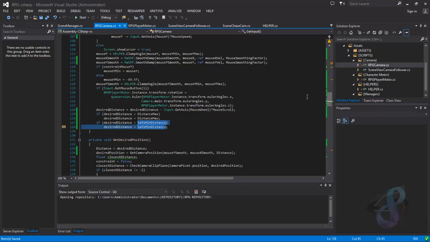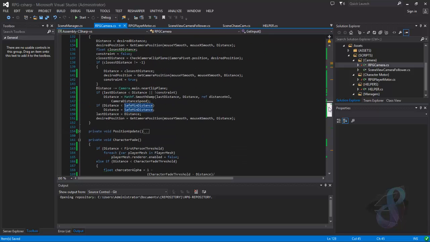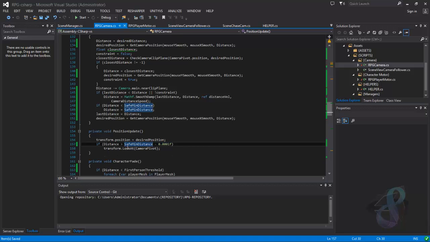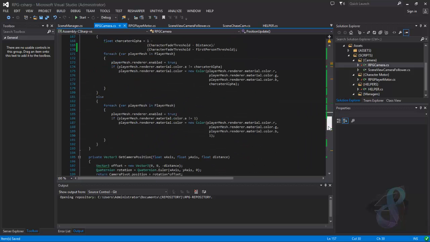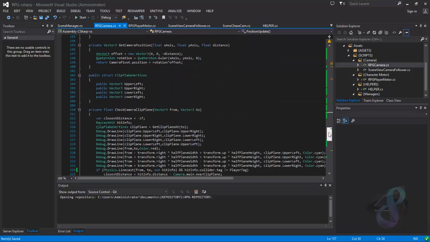Same as get desired position, I used safe minimum distance. But in position update, I subtracted a very little fraction from that safe distance instead of all those 0.05 f. Other than that,